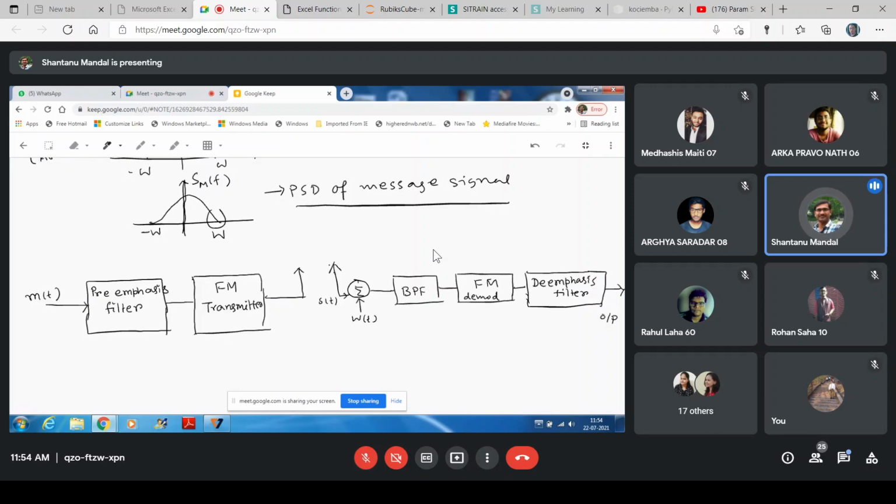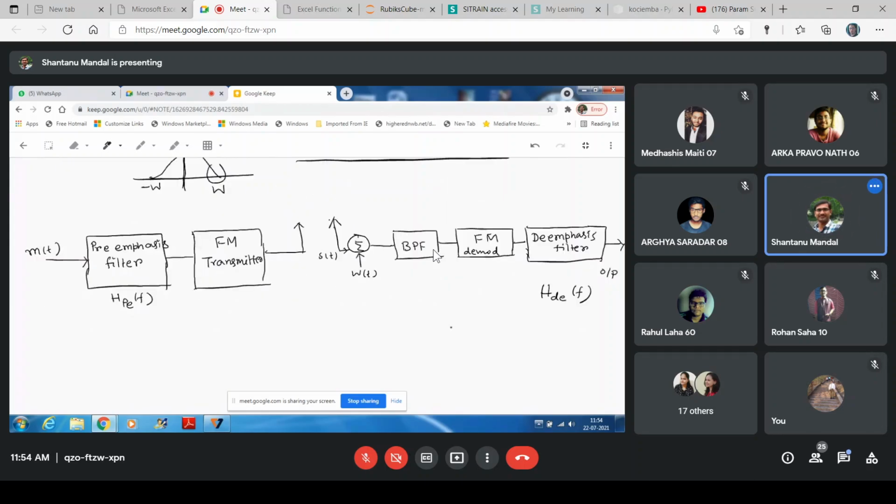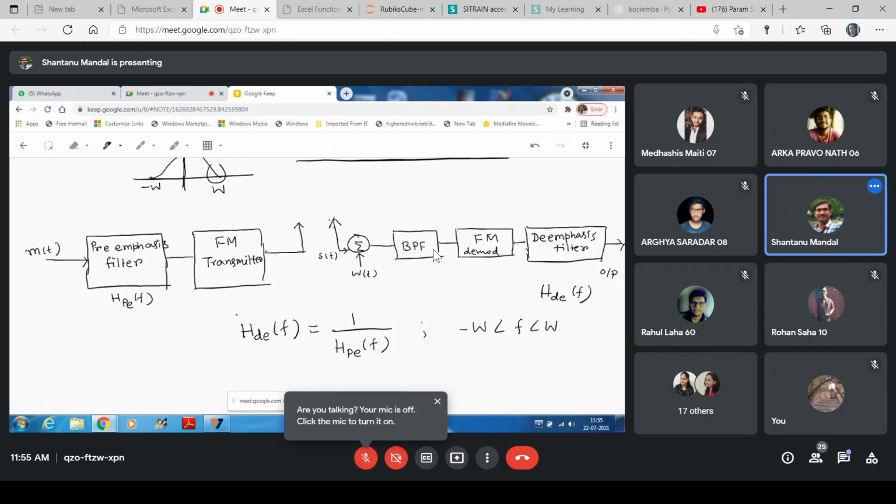Output signal. So the de-emphasis filter, H of DE F, and the pre-emphasis filter, H of PE F. Here this is the transfer function H of DE F, and obviously H of DE F is inversely proportional to H of PE F, from minus W to plus W. So H of D is the transfer function of the de-emphasis filter, and H of P is the transfer function of the pre-emphasis filter. So in this way,